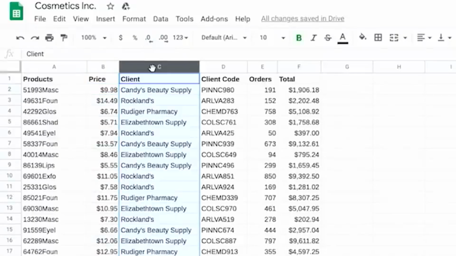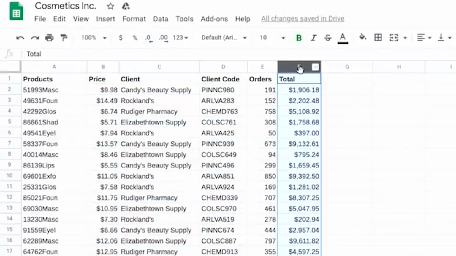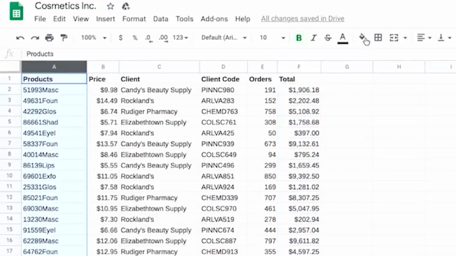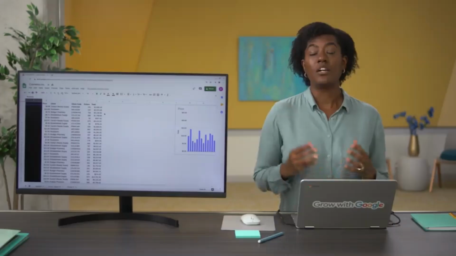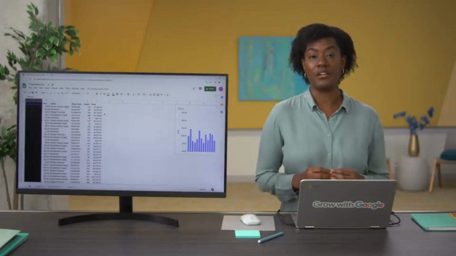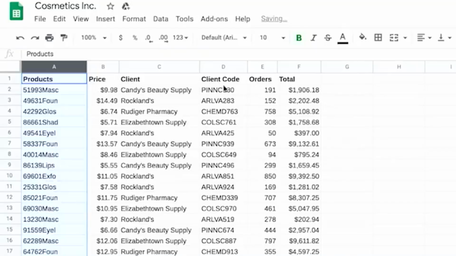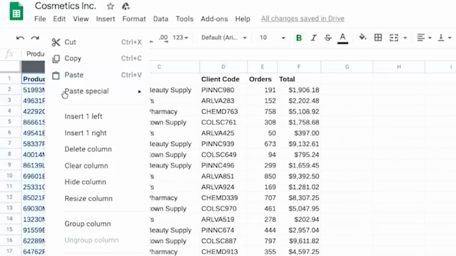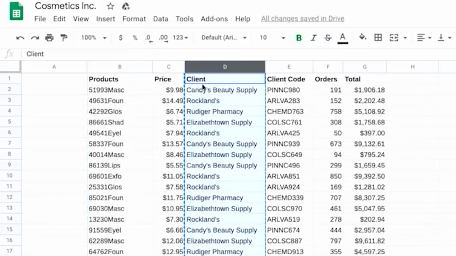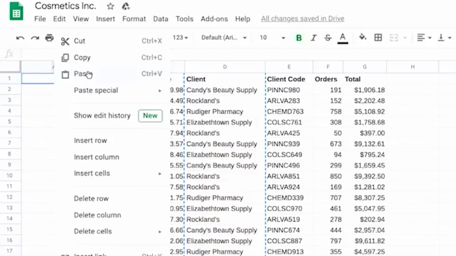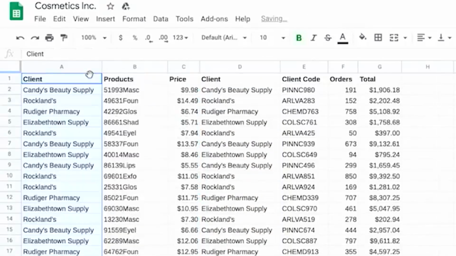All right, let's start by noting that VLOOKUP only returns the first match it finds, even if there are lots of possible matches. Something else to keep in mind is that VLOOKUP can only return a value from the data to the right. It can't look left. Good news, there's a simple solution. Data analysts usually get around the problem by copying and pasting a column to the left of the data they want to look at. This way, the lookup value is in the leftmost column and the data they want is to the right of it.